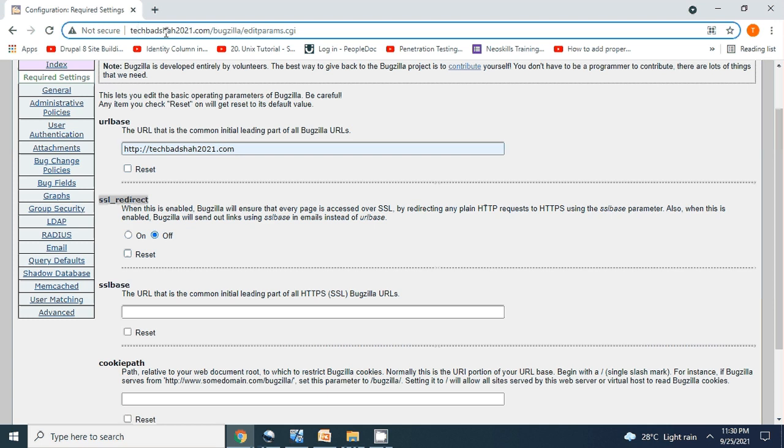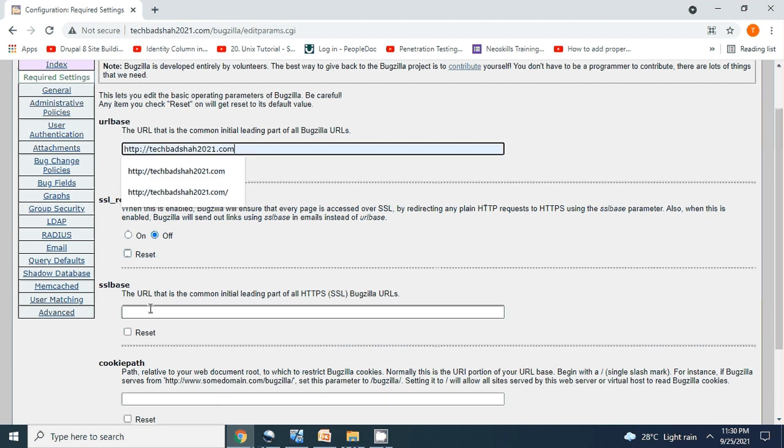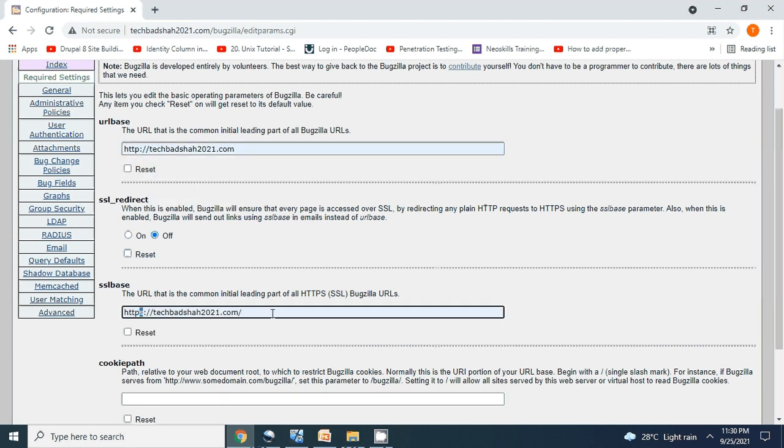In case you have an SSL certificate or you want to configure it over an SSL certificate, only in that case can we go ahead and enable it, and whatever the SSL URL is, you can enter it here, the same URL with HTTPS. However, we cannot do this because we don't have an HTTPS URL at this moment. I'll cover this in another tutorial wherein I'll show you how to configure Bugzilla over HTTPS.